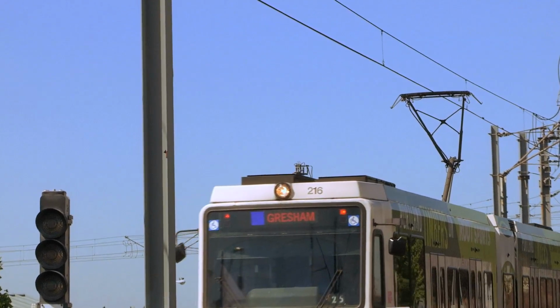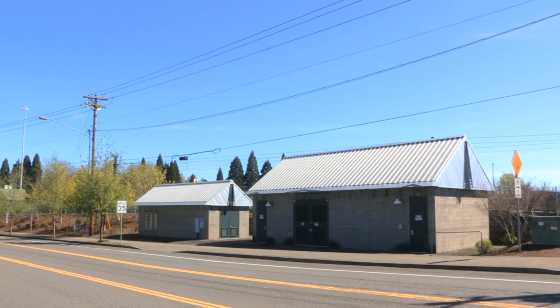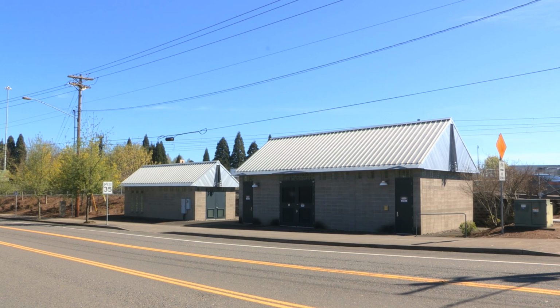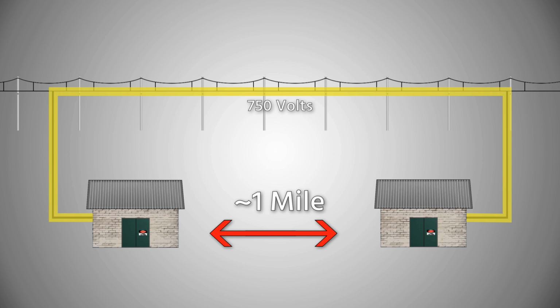The MAX system is powered electrically by overhead high power lines, known as a catenary system. Always assume lines are live and maintain a 10-foot clearance. Substations and electrical vaults located about a mile apart power the overhead lines. Each substation powers the overhead in both directions, which results in each section of the wire receiving power from 2